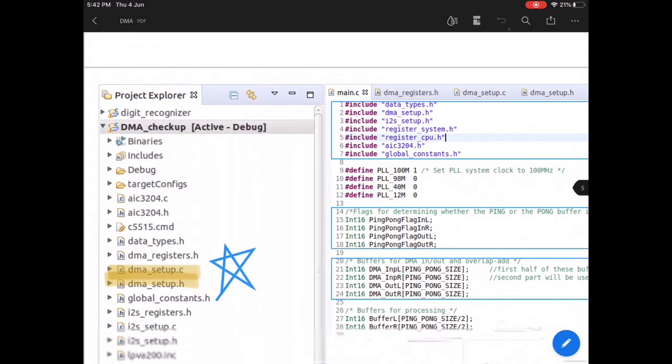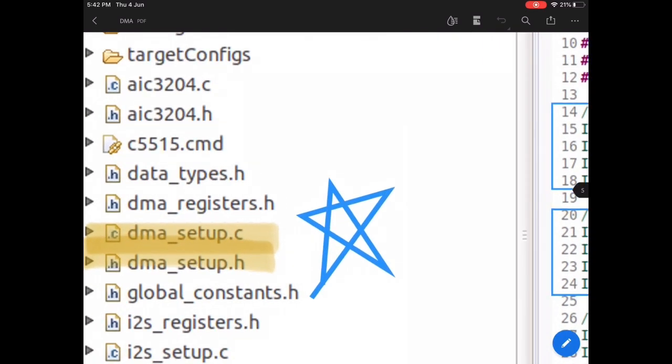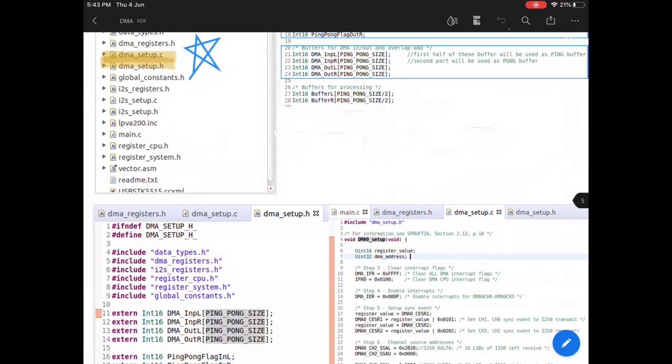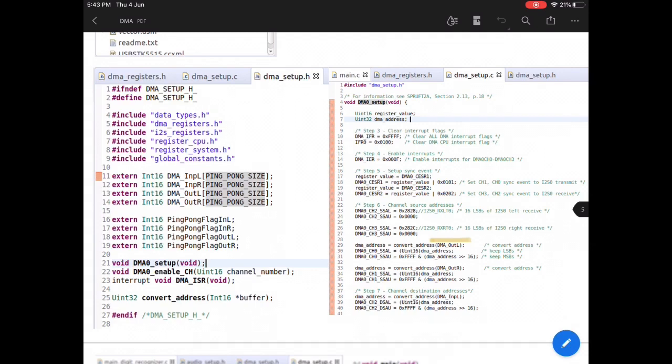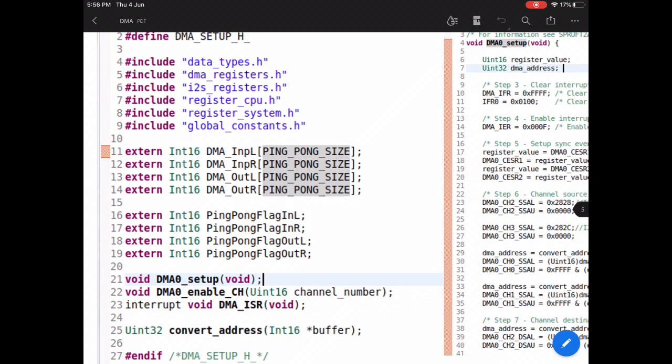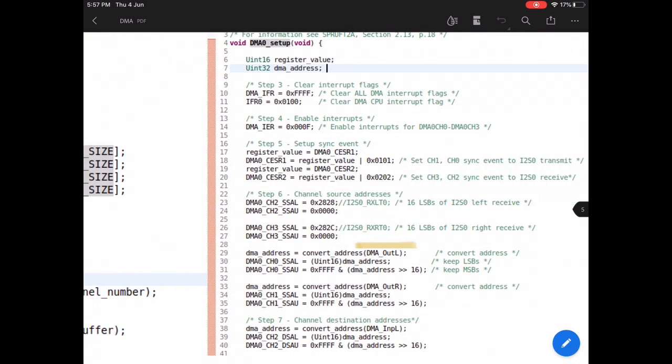The definition of this buffer, this mapping of the buffer and variables, is done in the file DMA_setup.c, and the declaration of that is done in DMA_setup.h. So these are the two files which we will observe now. If we open DMA_setup.h, you can find the declaration of the variables in the buffer and the declaration of the function DMA0_setup. And if we see the definition of this